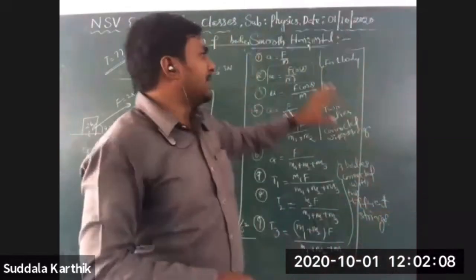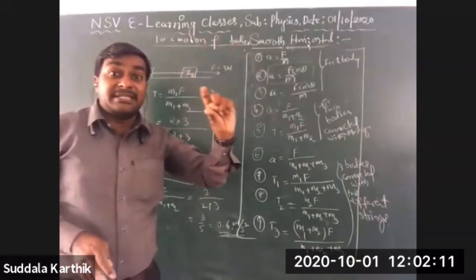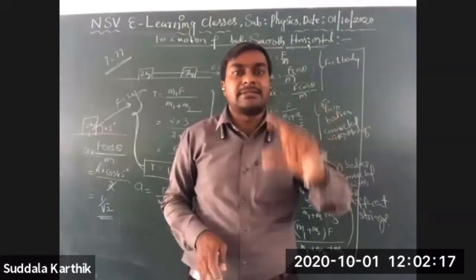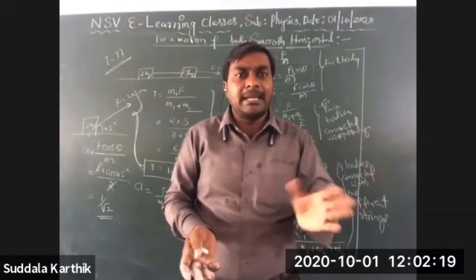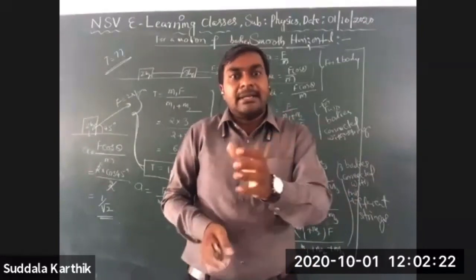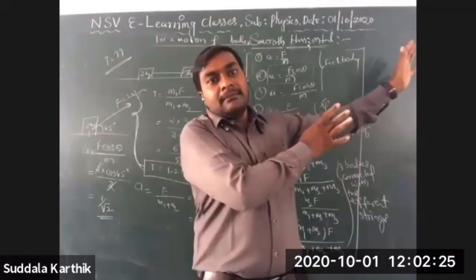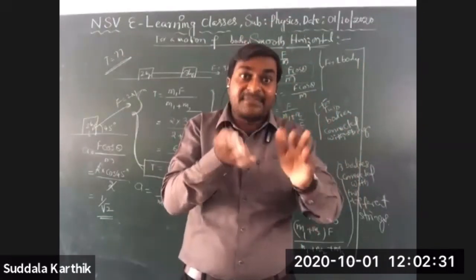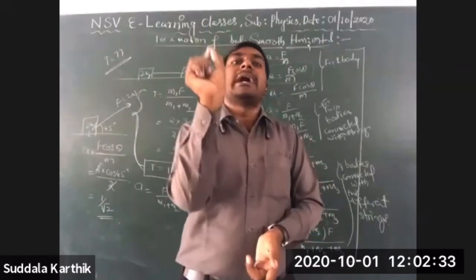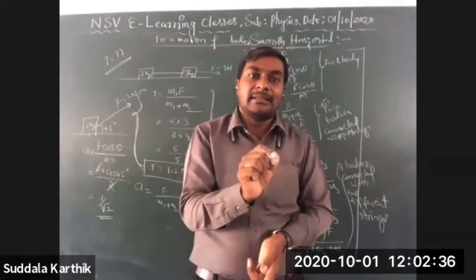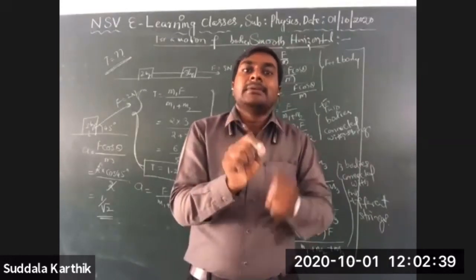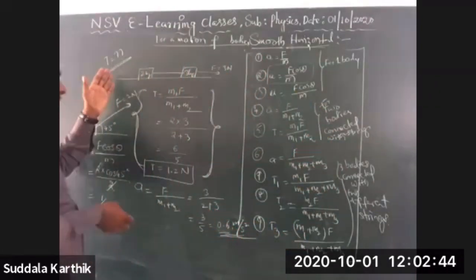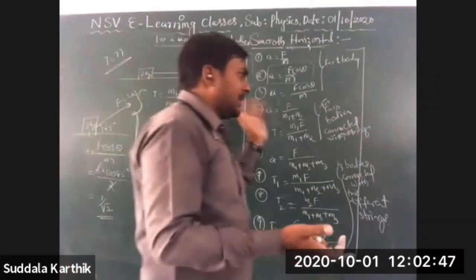Don't get confused, Nana. Just remember the diagram, especially the free body diagram. I gave you an introduction to that yesterday. Free body diagram, FBD. You are removing the body from the diagram. The diagram is free from the body, Nana. At that place you put one dot. That is a method of calculation, and it is the first step you have to do. But without using the free body diagram also you can do the problems.